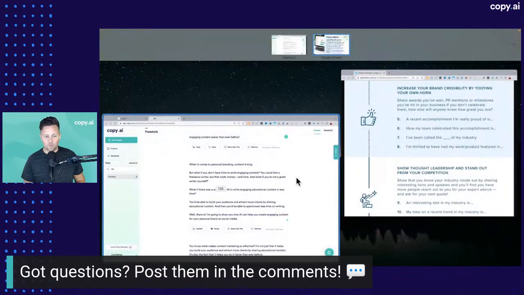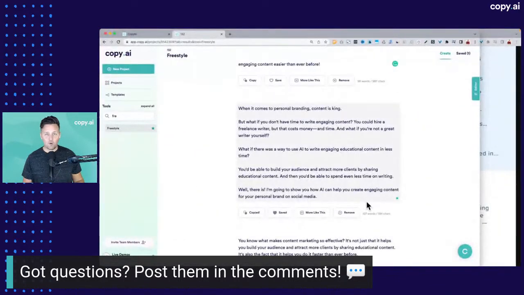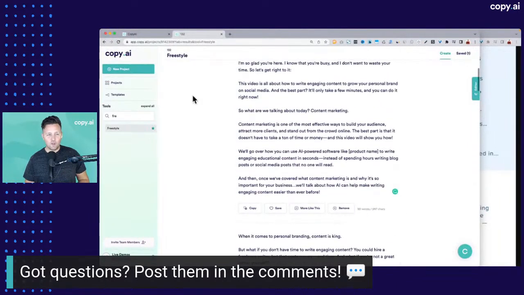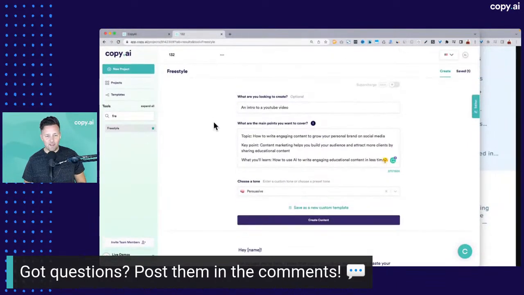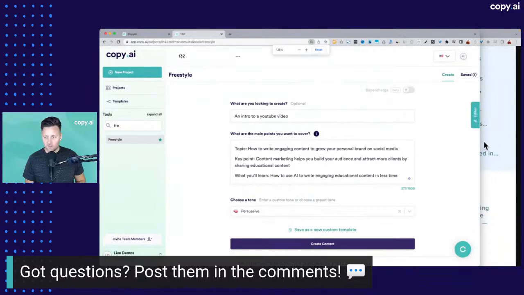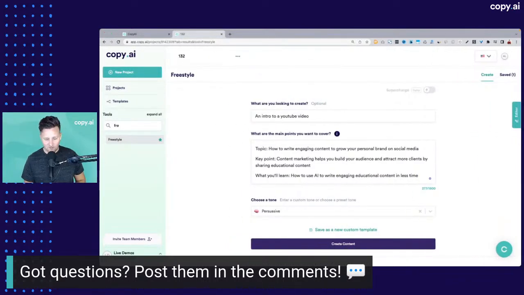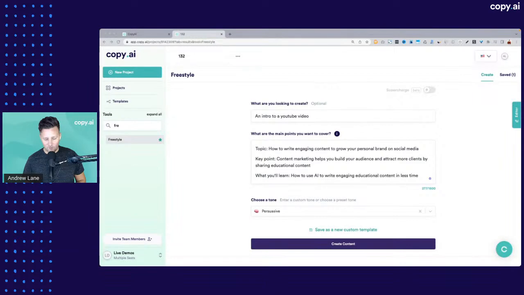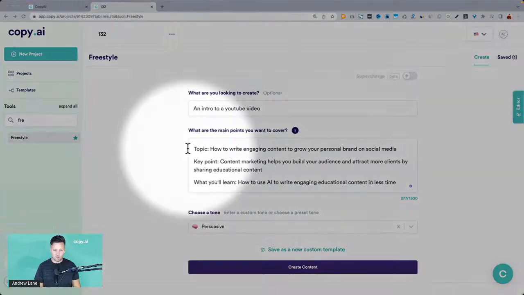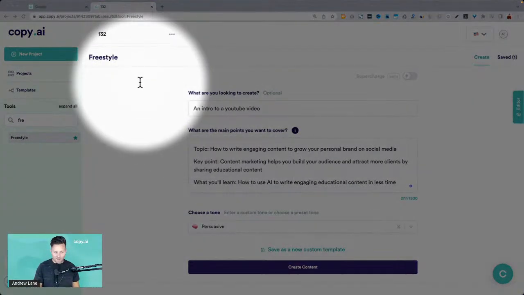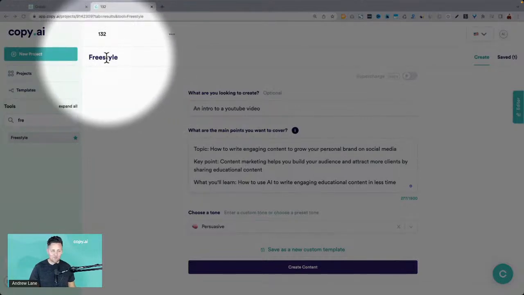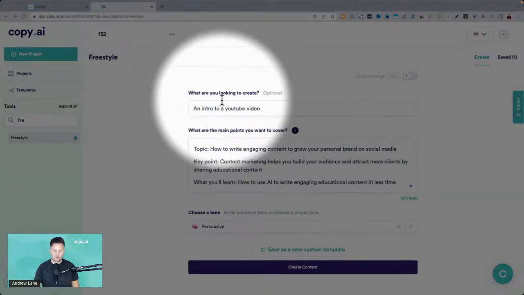So I want to show you something real quick here. The way I wrote that intro was using Copy AI, and here's just an example of how I did it. Let me go full screen here. All right, so what I did is I went into Copy AI. I used the freestyle tool,